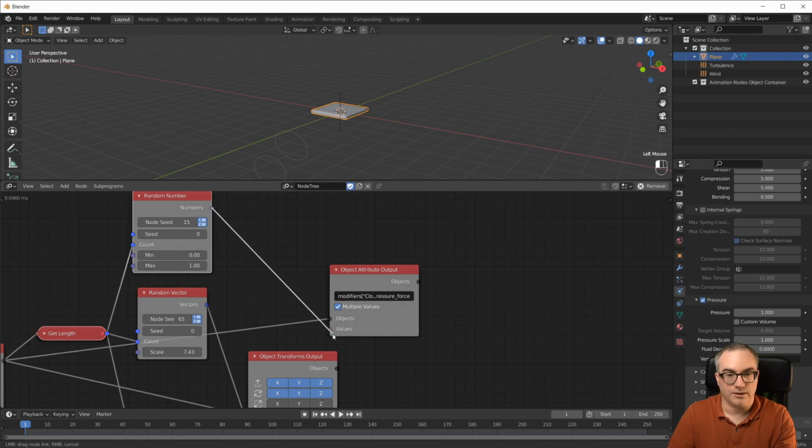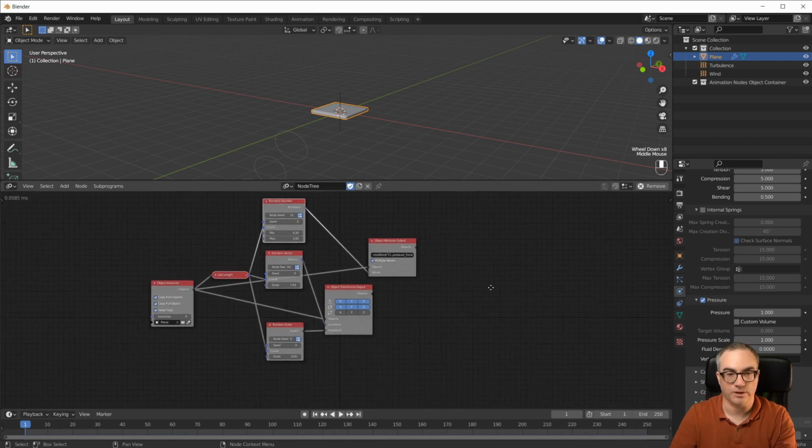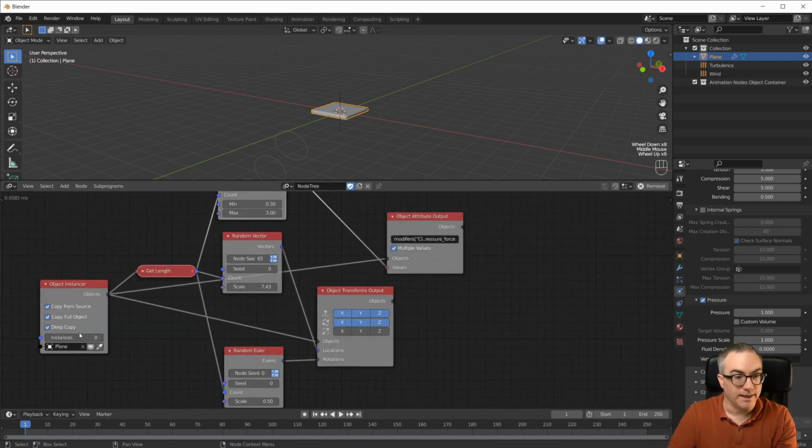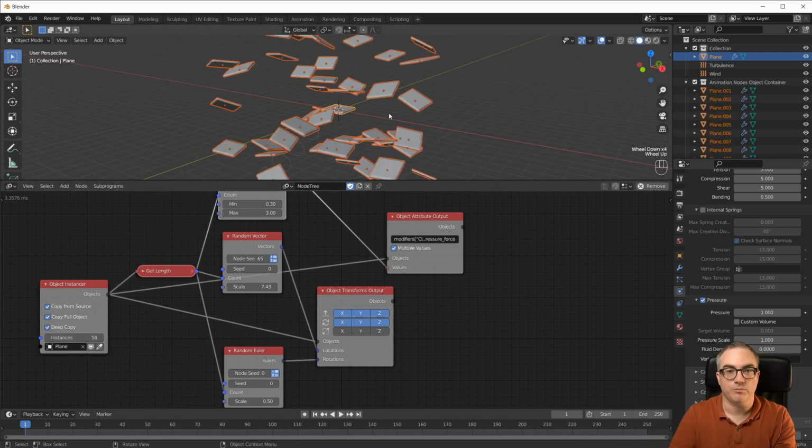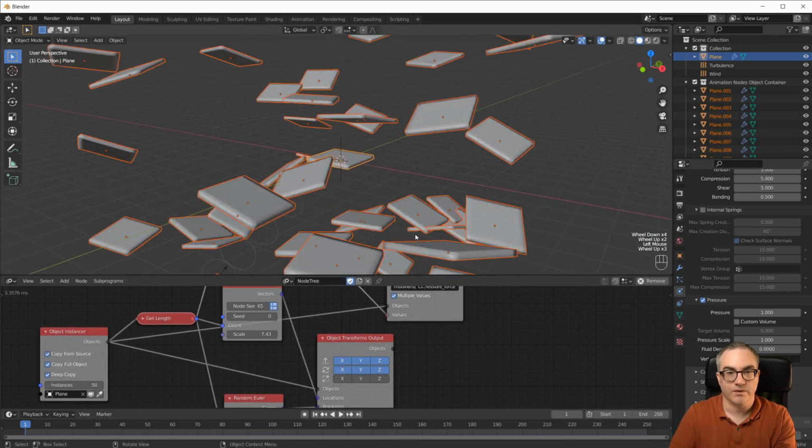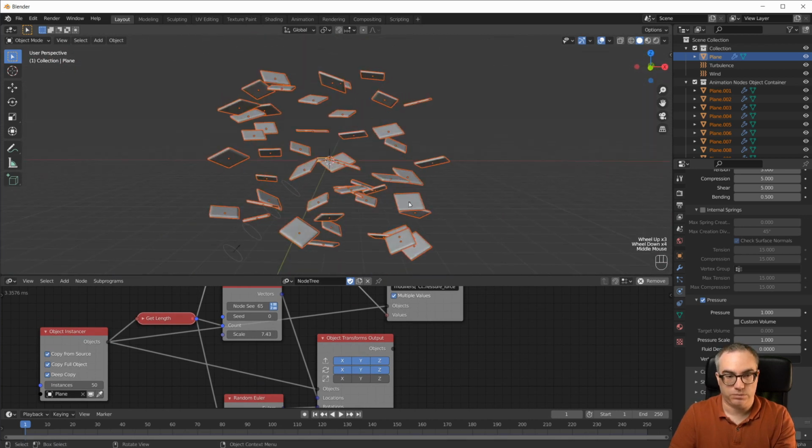Now we're assigning our 50 random values to this pressure value. And we can say, okay, the lowest pressure we want of the whole random spectrum here is maybe 0.3 and the maximum is 3. Let's do that. Okay, and now we create 50 objects again, 50 pillows. And as soon as I hit play,